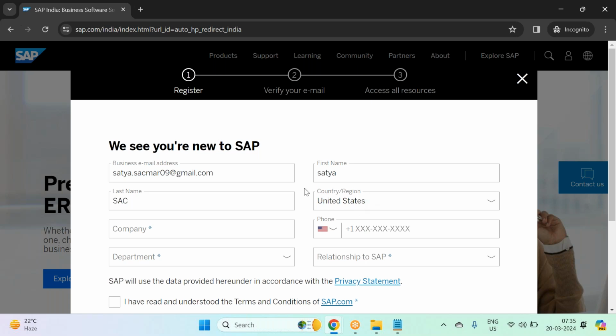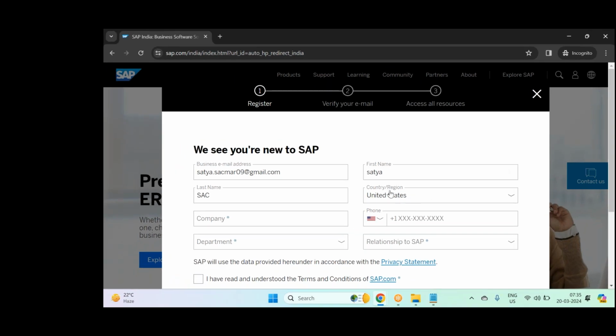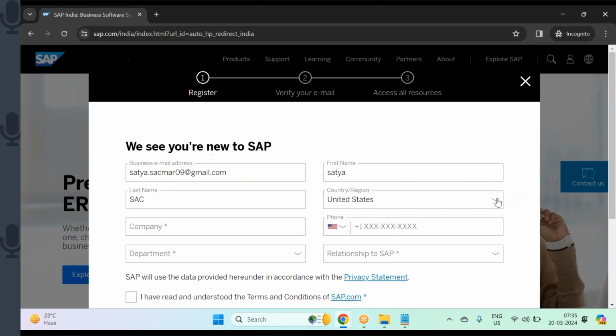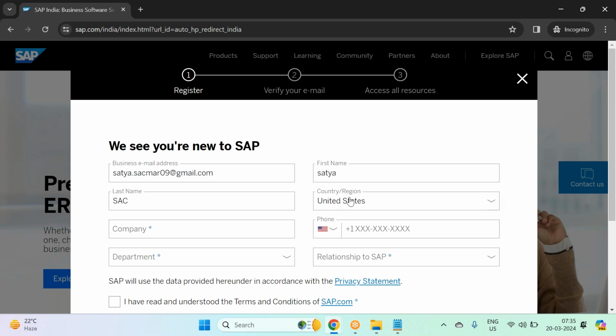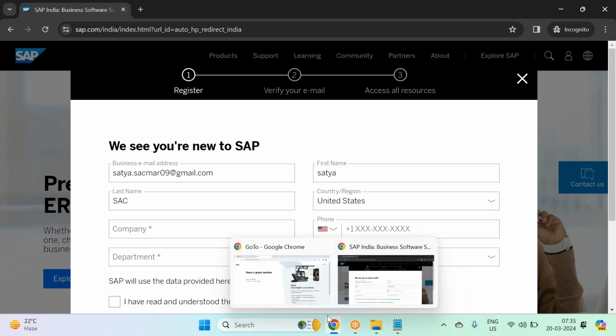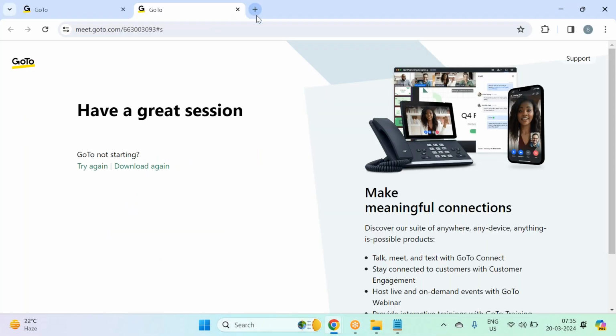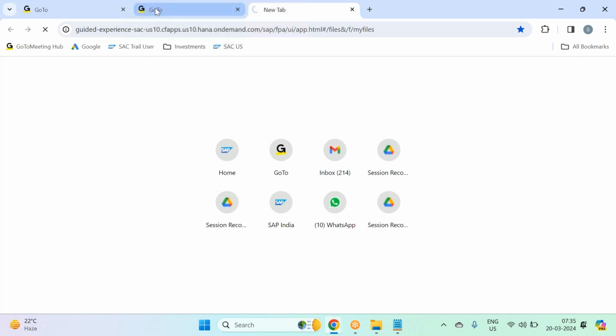When you're trying to register at SAP, if you give your country as United States and when you subscribe to SAP Analytics Cloud, you'll get it from a US data center, an American data center. If you give your country region as something in Europe, you'll get a European data center. Because if I just show my system, if I open my system,